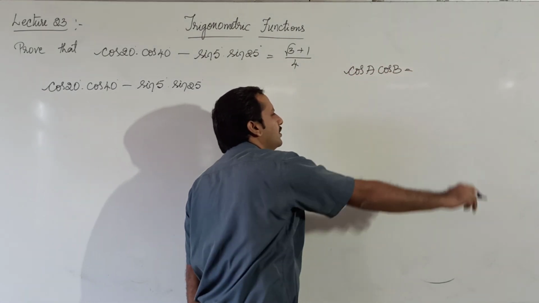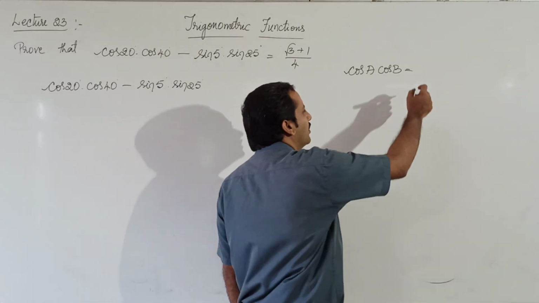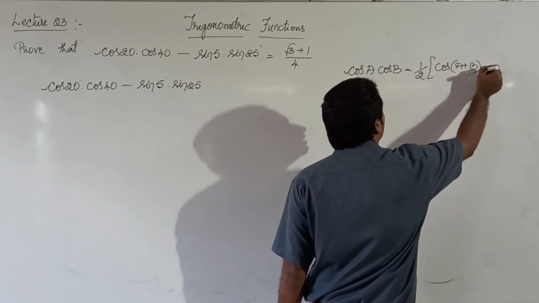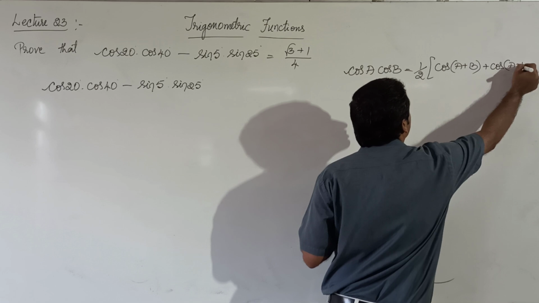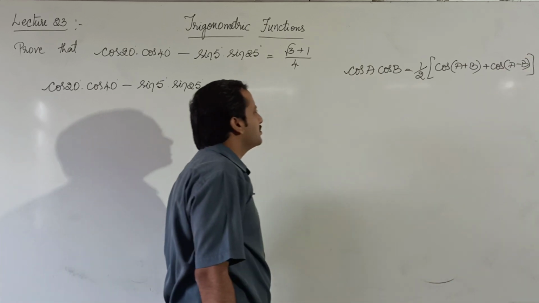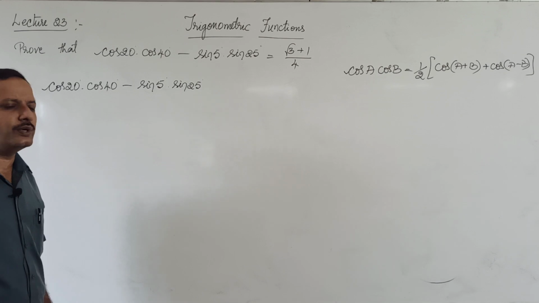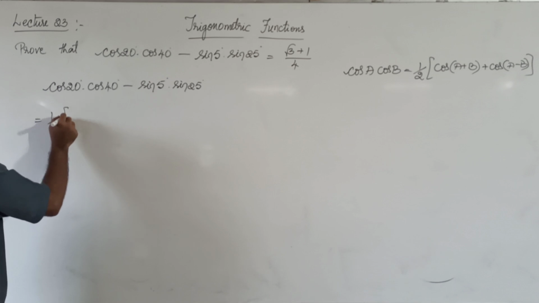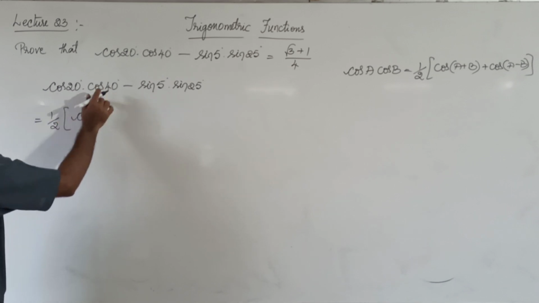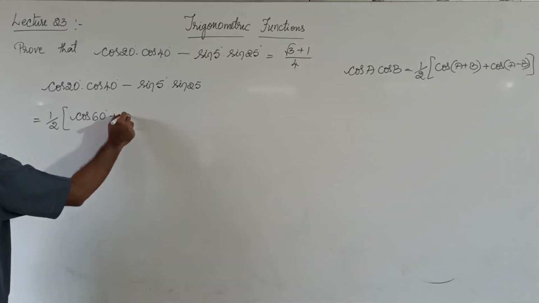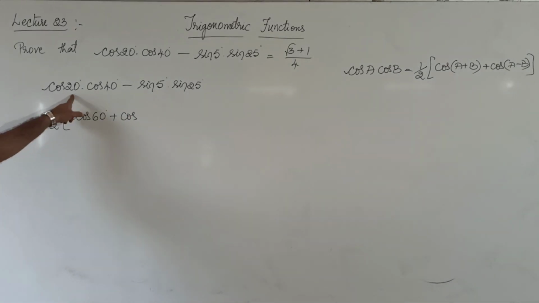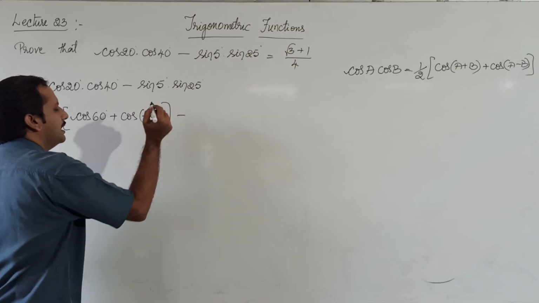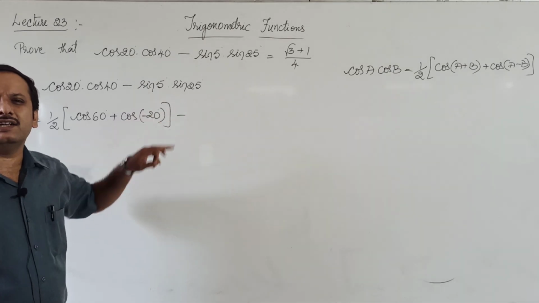Just recently I told you that cos A cos B is equal to 1 by 2 into cos A plus B plus cos A minus B. This is a formula we know. So I can write this as 1 by 2 into cos A plus B, 20 plus 40, that is 60, plus cos A minus B, 20 minus 40, that is minus 20, minus, then sin 5 degree into sin 25